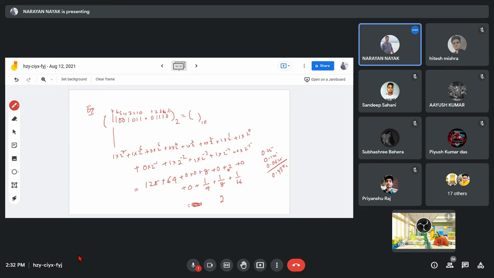And what about this one? Is there one is there? I have missed that one. It was 0. Yeah, I did mistake here. Yeah, this is 1. Na? Here I have to write 1 into 2 to the power 0. 2 to the power 0 is 1. Okay. This is 1. So it's around 203. If you calculate 203.4375 is about decimal.